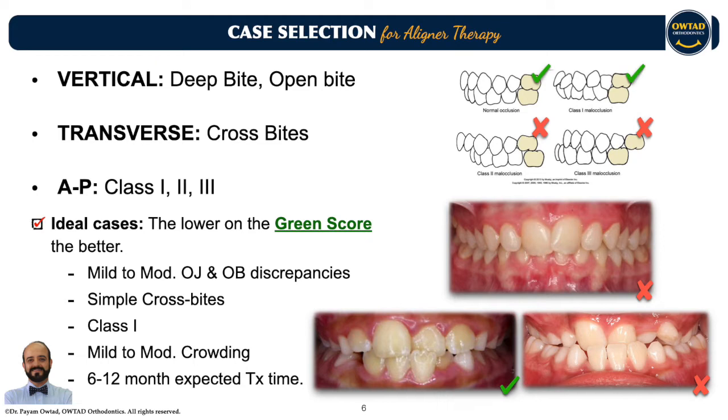For open bite cases, if they're moderate, as I said, about 1 to 2 millimeter open bite, and it's just canine to canine, because of thumb sucking or something like that, then it would be ideal. But if it's a 3 or 4 millimeter open bite and only the first molars are touching, then definitely not a good idea. And the reason being for open bite cases,